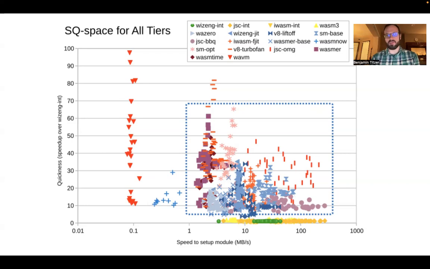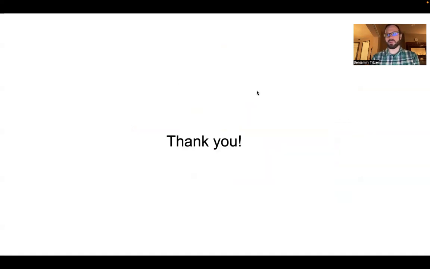That's partly because code validation actually needs to happen too, and my methodology for studying that includes code validation. You can see the bluish points are baseline compilers, purple and red are optimizing compilers, and there are some clear blobs here and a little bit here, but the blue is kind of in there. I think this is super interesting. We can now start to see the trade-off between interpreters, baseline, and optimizing compilers in a visual way. And that's what this paper is all about. So thank you, and I'm happy to take questions if we have time.